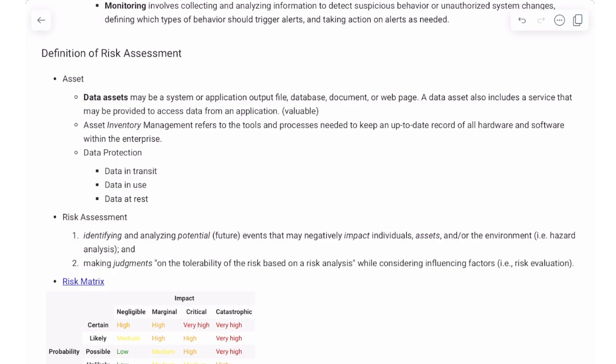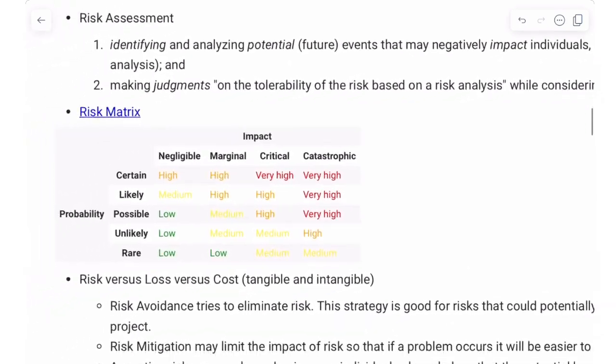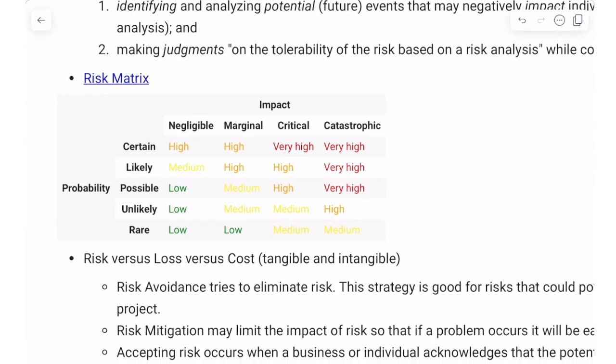And here I think is an important matrix. When we talk about risk, there are 2 dimensions. One is probability, and another is impact. So if there are certain security risks in your organization, you have to do risk assessment, right? In the risk assessment, you have to identify such risks and the probability of such risks: rare, unlikely, possible, likely, certain.